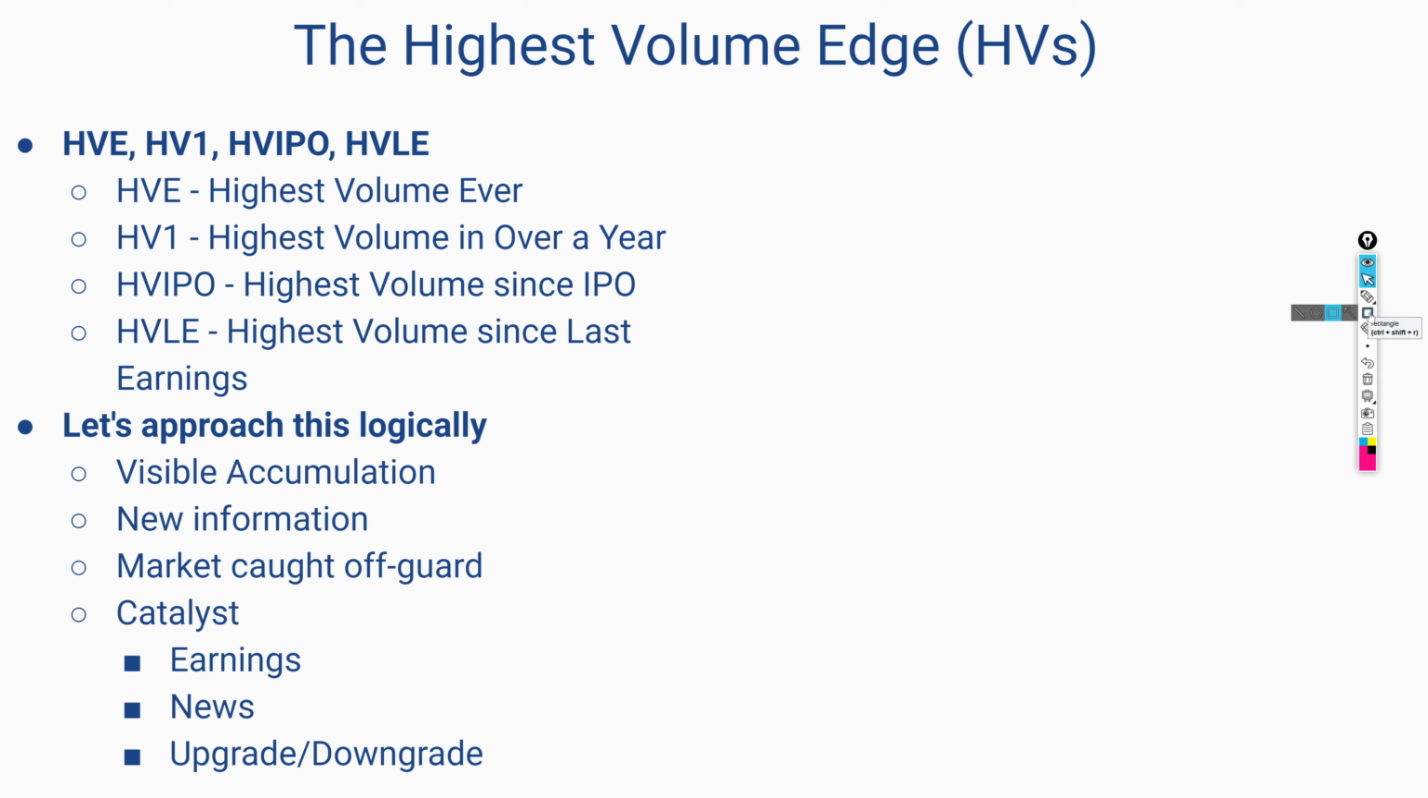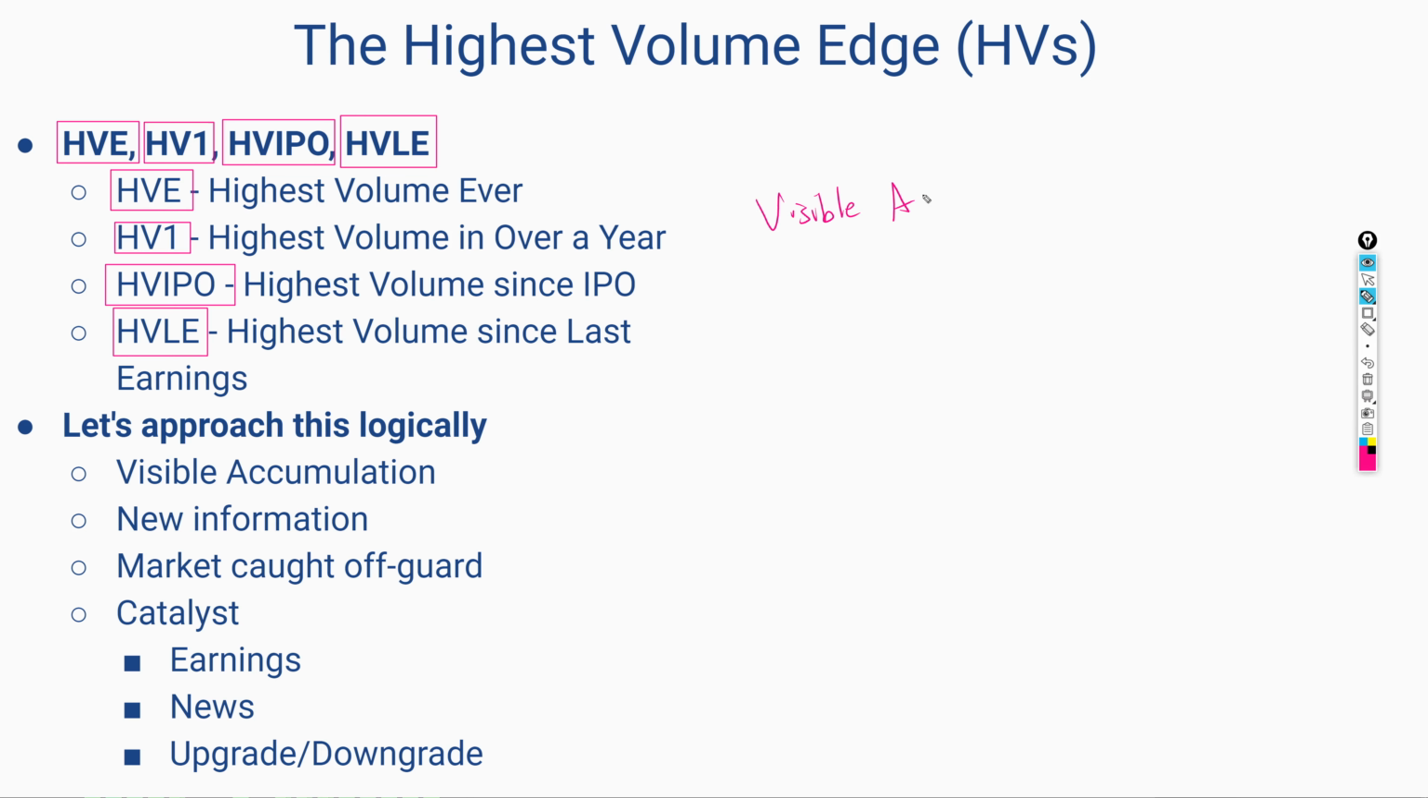So what you'll hear a lot is the fact that the highest volume ever, the highest volume in over a year, the highest volume since IPO, the highest volume since last earnings. So these particular characteristics are what we classify as visible accumulation on the charts. So this is visible accumulation,